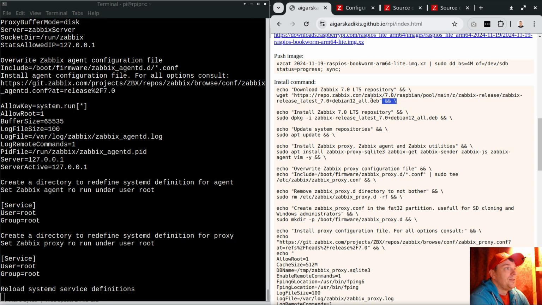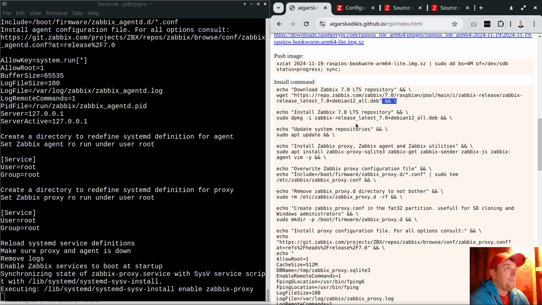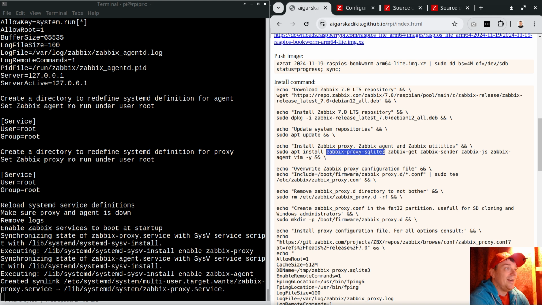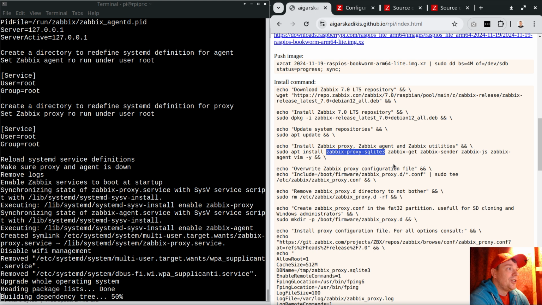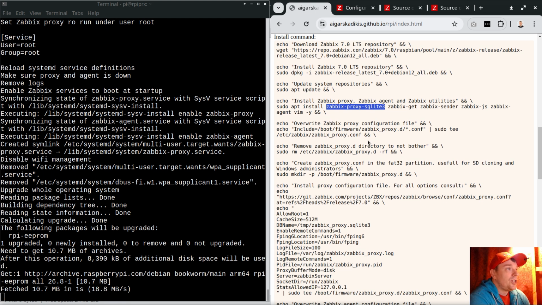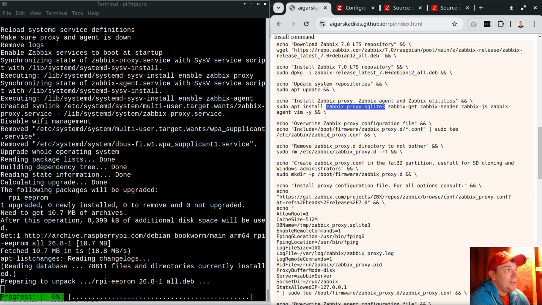So what happens here? We install the Zabbix repository and we install the necessary packages. We are using Zabbix proxy with SQLite3, installing the agent at the same time. And the first important thing which I feel is necessary is